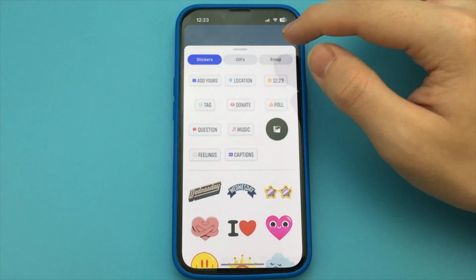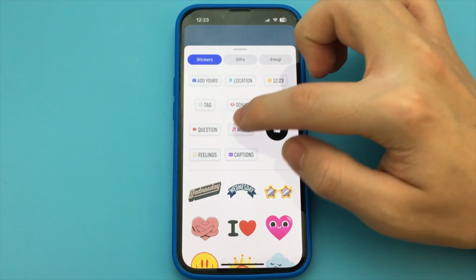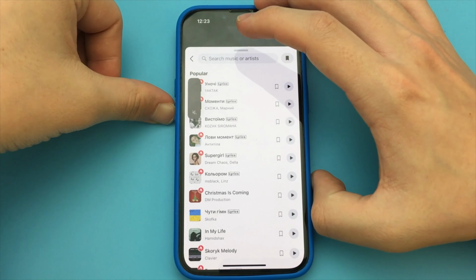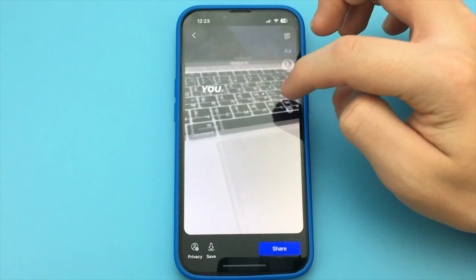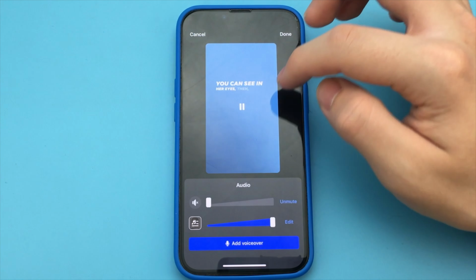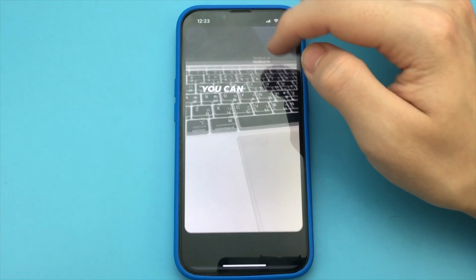You choose the settings for that song. You can make it louder or quieter. I'm not going to be able to include the audio for this song in this video because I don't want to infringe on copyright, but it's going to work fine for you. Run through it, tweak it, and post it.